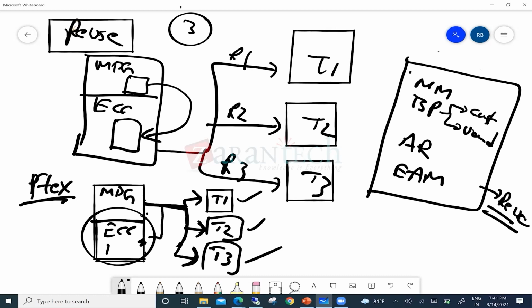That means if you create a material using the MDG UI application and you submit that request, it will go to an approver process. The approver will approve, and the data steward or the data specialist will finally take a final decision and approve that request. Once you approve that request, the data is automatically pushed over here. That happens for your BP, article master, and EAM objects. You don't have any choice here to convert reuse to flex data model; for these objects, you always have to go with reuse mode only. Only finance objects